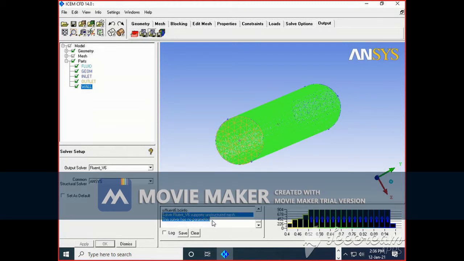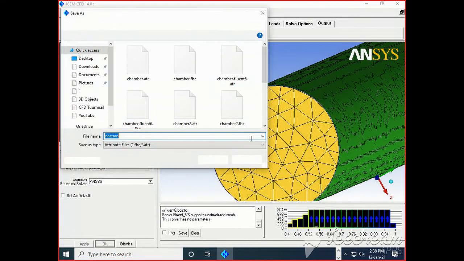Now you can see the solver Fluent V6 supports unstructured mesh. This solver has no parameters. We will discuss what is meant by structured mesh and unstructured mesh later. Next, yes, we need to save this.